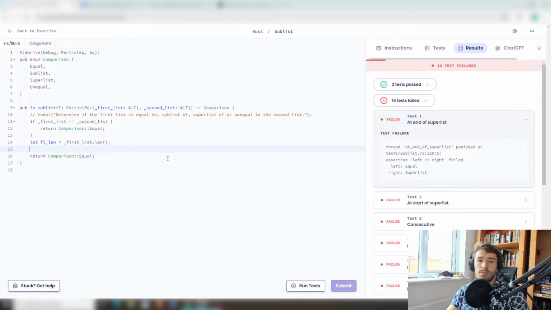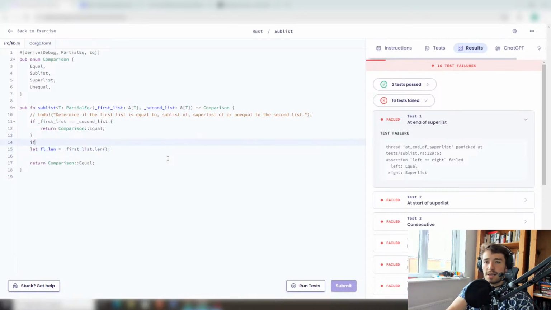In fact, actually, now I come to think of it, basically, A can only be a sublist of B if A is shorter than B. And A can only be a superlist of B if A is larger than B. So we should just do that check. So I can say if first list dot len is greater than second list dot len, then we're going to check if